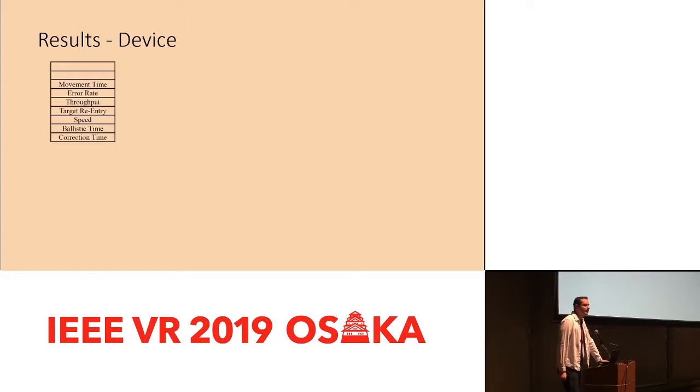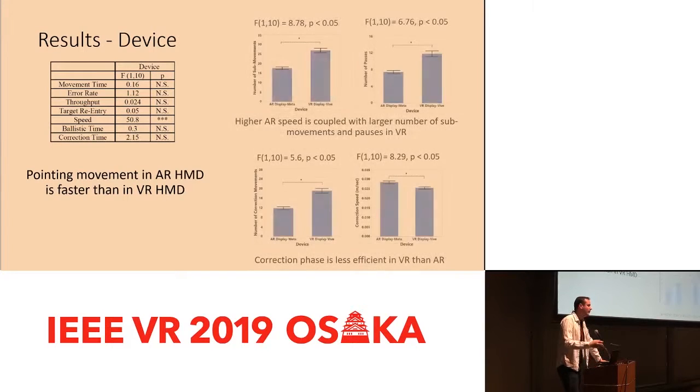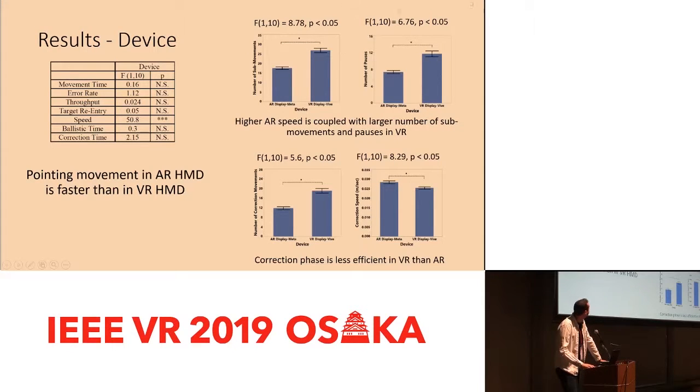So we also looked at the device differences. Maybe you can guess the movement time, the error rate, I don't know, but we couldn't find any significant difference except for speed. So in our results, the pointing movement in augmented reality was faster than in the VR headset. We said, okay, let's go deeper and let's explore the movement path, how the movement path was changing. And we found that